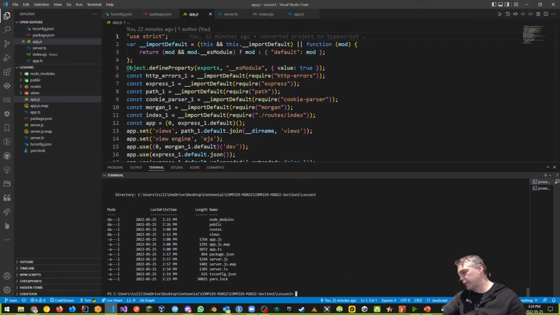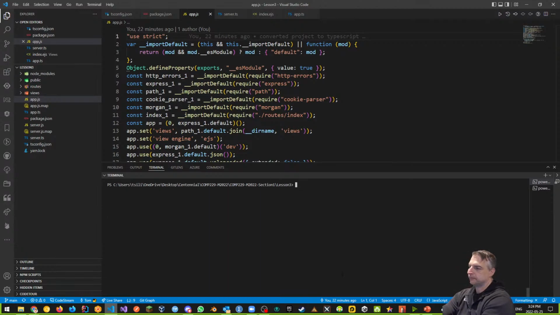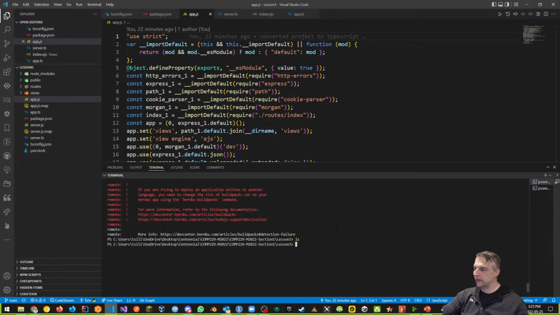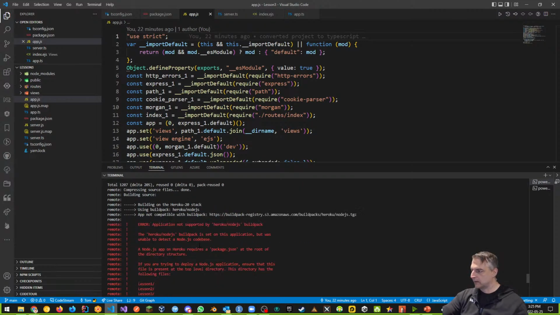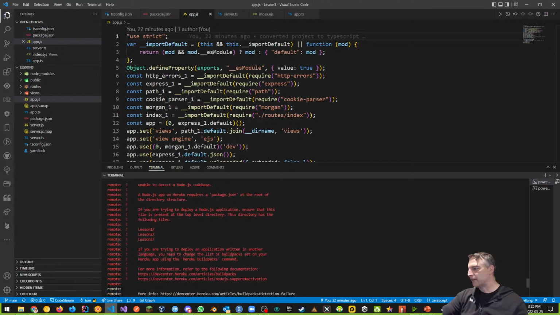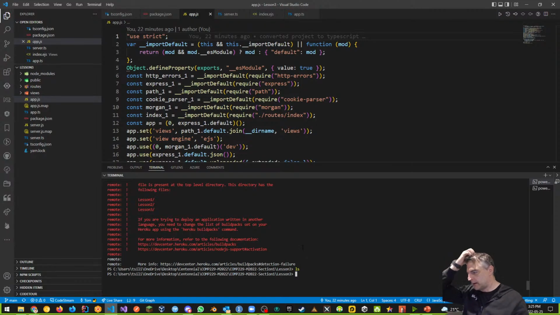I'm probably going to have to record another little thing here because, what does it tell us? What did it tell us it needed? It said error, application not supported. Using build pack Heroku Node.js. App not compatible with build pack. Build packs Heroku Node. Building on Heroku 20 stack. Okay. Yeah, I think it's best. I think we should stop because